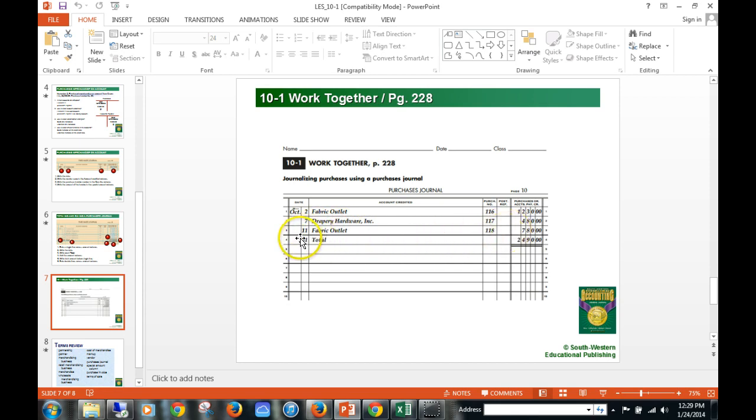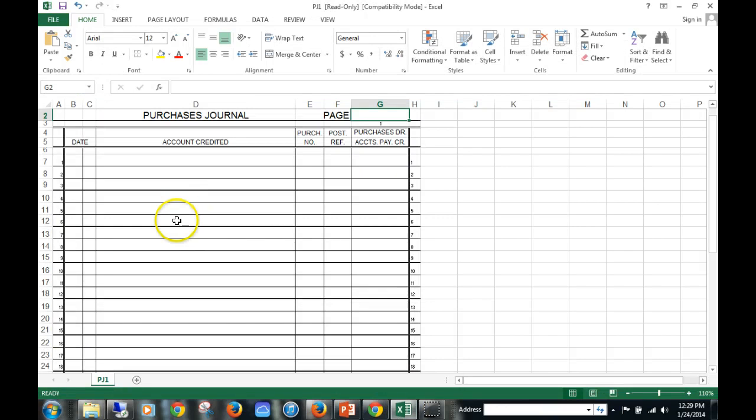When we total this, October 31st is the end of our accounting period. Single rule, the amount, and double rule. And I want to show you something real quick, an easy way to quickly add this up. So if we're in our journal, and I'm going to go ahead and go through this with you. So you've downloaded this from my website. We're going to go ahead and put page 10. We're going to put the date,